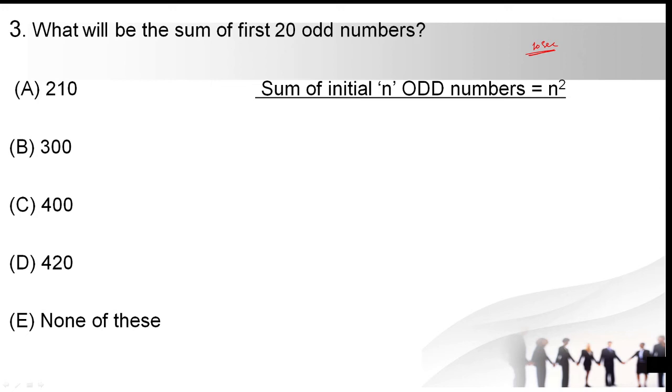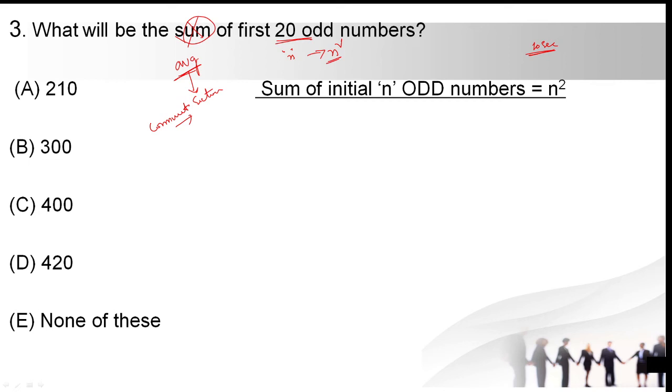Third one, 10 seconds. Make it fast. So the question is the sum of the first 20 odd numbers. For the sum of n odd numbers, we have a formula, that is n square. Okay, let me change the question. Here, you are not supposed to calculate the sum. Try to find the answer of the average, and you need to tell me the average for the third question in the comment section. I'll check how many of you give the answers for this. I'll come to check in the next class. I'm going to explain that in the next video.